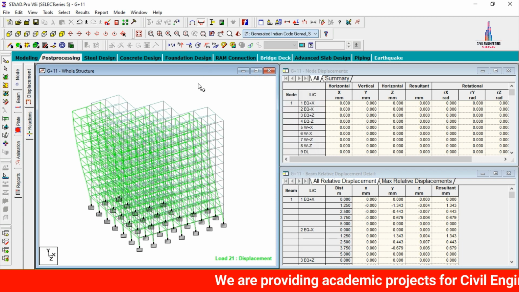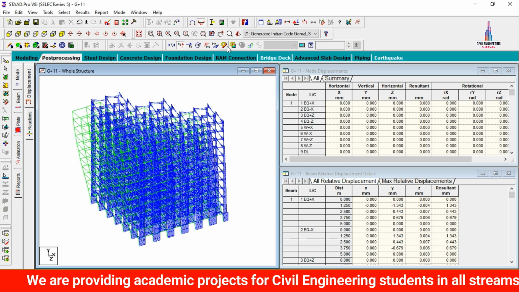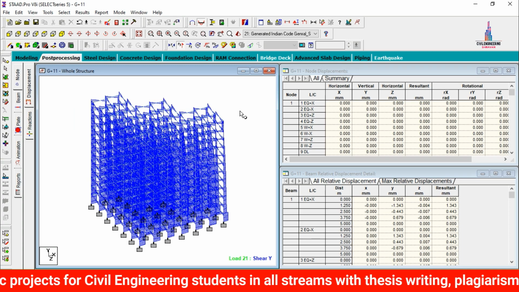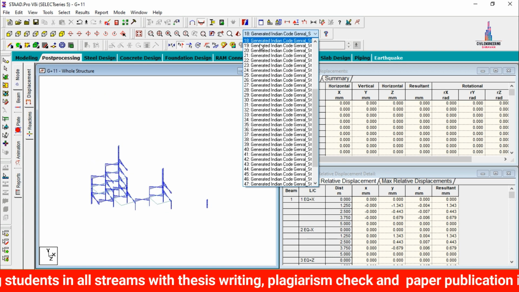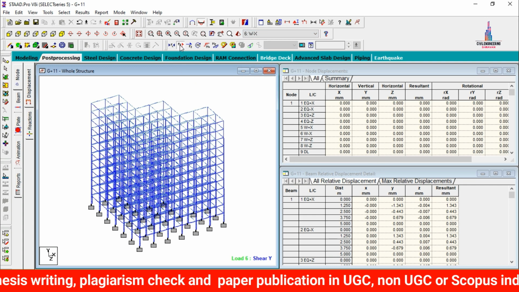So in the same process, you can check the results which are related to the shear force value. So click on Fy value. So this is the shear force diagram which is related to the 12 story horizontal irregularity building. So you can select any one of the load combinations and load cases for the different types of shear force diagrams. Again in the same process, we have to check the bending moment diagram.